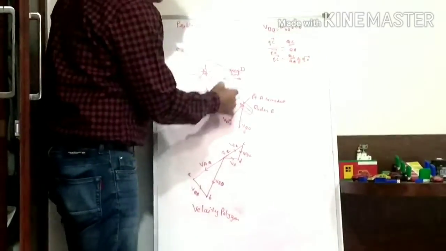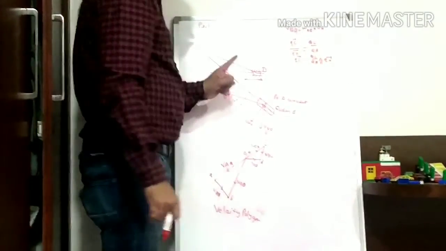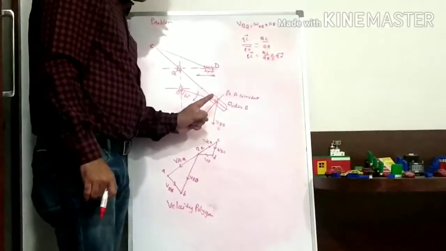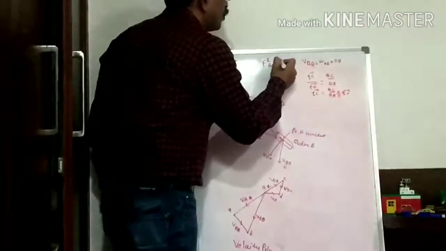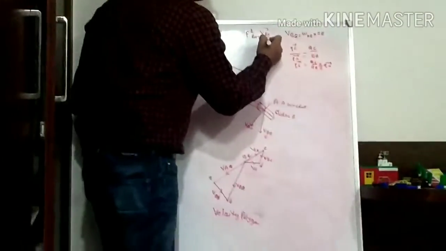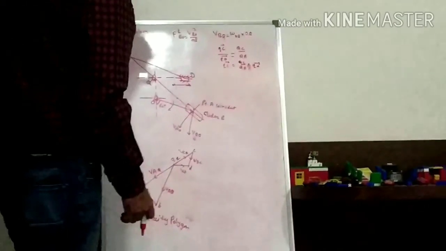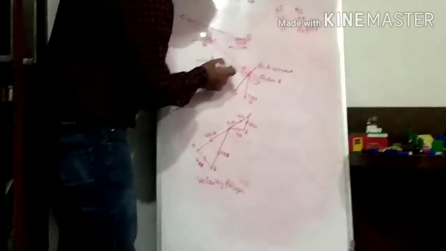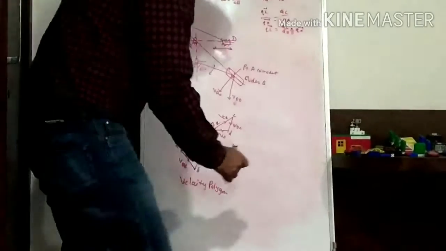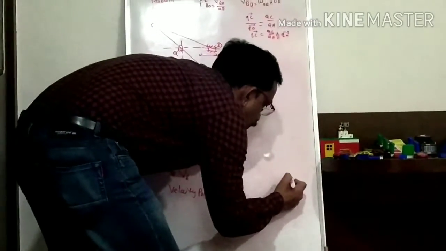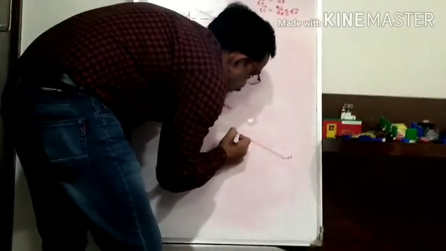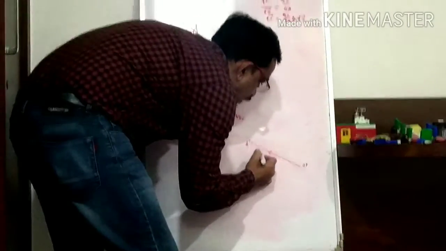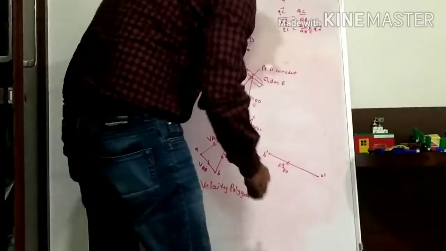So, here link OB rotates with uniform angular velocity. So, it has only one component of acceleration, that is the radial component of acceleration. So, the radial component of acceleration of B with respect to O is equal to the velocity of B with respect to O squared divided by the length of link OB. So, for this we have to take the scale and then we have to draw the vector which is parallel to link OB, direction towards the center point O. So, first mark the position of point O dash and then draw the vector O dash B dash. So, that is the radial component of acceleration of B with respect to O.